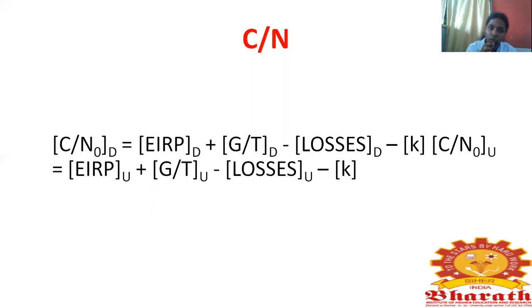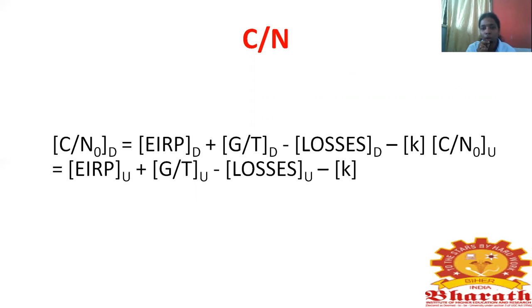So the carrier to noise ratio is obviously going to include the parameters that we have encountered in a link budget. You would have encountered the terms EIRP, G/T, and the losses, whatever was there in the downlink and also in the uplink. That is what has been given. EIRP within brackets, when they have mentioned it as D, means it contributes to the downlink. And you will have the same contribution for the uplink also. So that is also going to be considered, right? So all those things will be an addition.